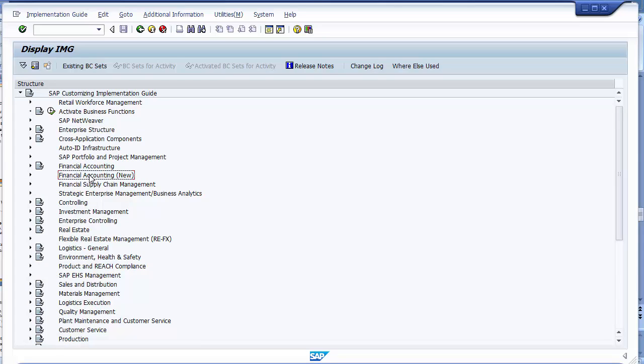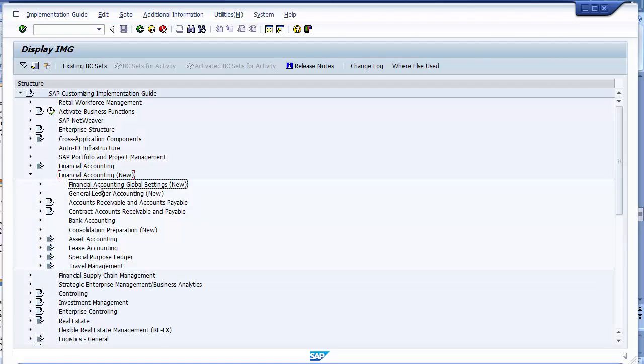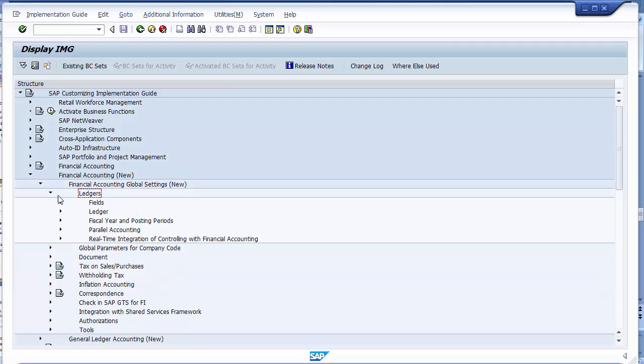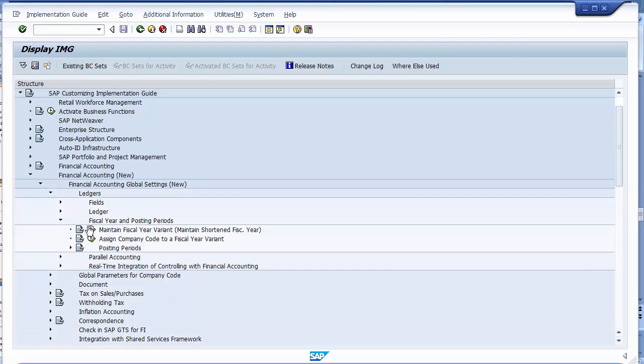So we'll go to the financial accounting new. Now expanding this, you will get the financial accounting global setting. Expand. In this you can see the ledgers. Expanding ledgers will reflect the fiscal year and the posting periods. Now expanding the fiscal year and the posting period will give you maintain fiscal year variant. So executing this part,